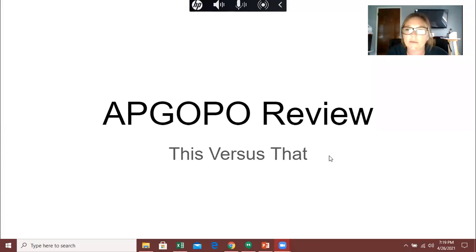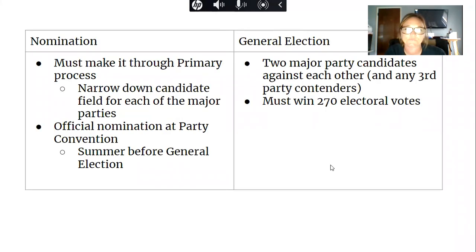Okay, and now we're going to go through those first 10, this versus that. The first one is nomination versus general election, and this is in regards to presidential elections, primaries versus